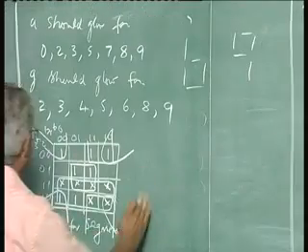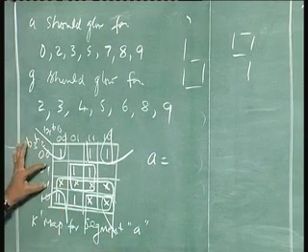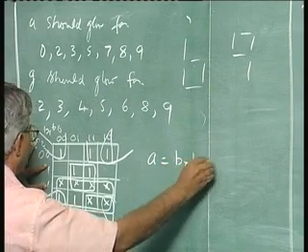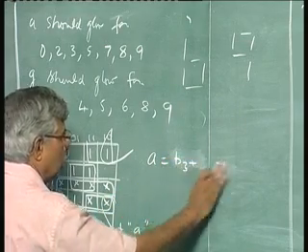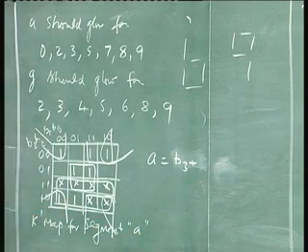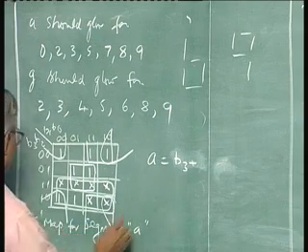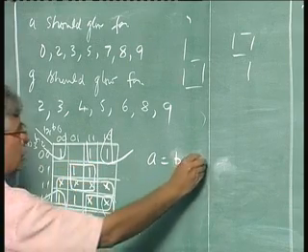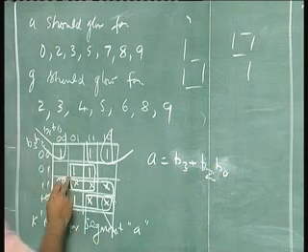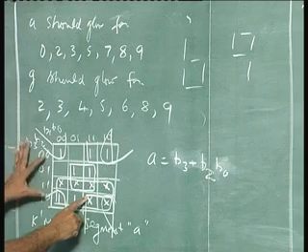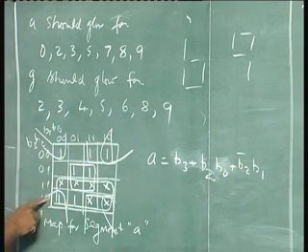Now what is the expression for A, the minimum sum of products? First we will use this 4, this will be B2, B0, then this 8 will be B3. Usually it's a convention, not a rule, to write the term with the smallest number of literals first and then larger numbers of literals progressively. So B3, then this is B2, B0. These 4 will be B2 bar B1, and then these 4 would be B2 bar